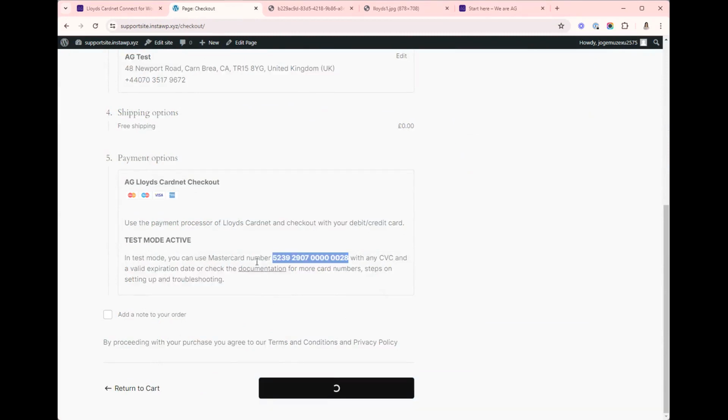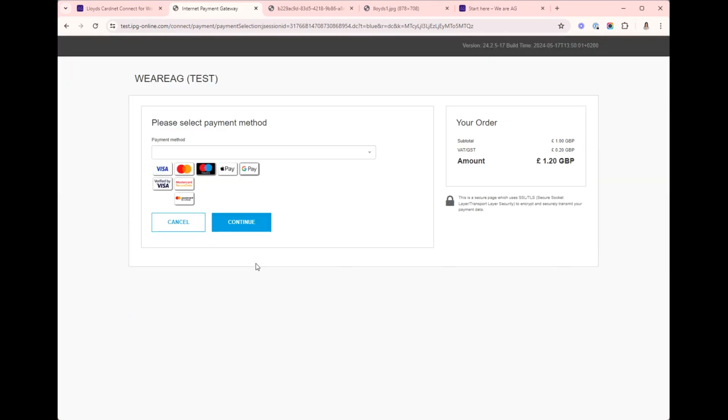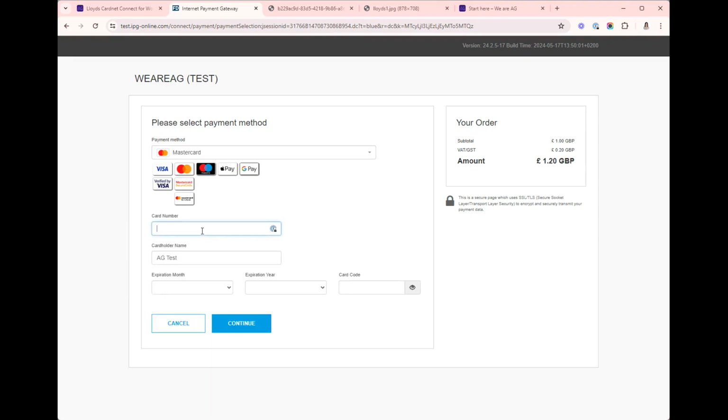And I have copied our MasterCard number. We actually have other test cards that you can use, which are accessible on our website. So you just need to go to documentation, okay? Now we are already on the payment form. Let me go ahead and fill this out quickly. For the expiration date of the card, you can choose any future date and any card code or CVV as well. All right, so let's